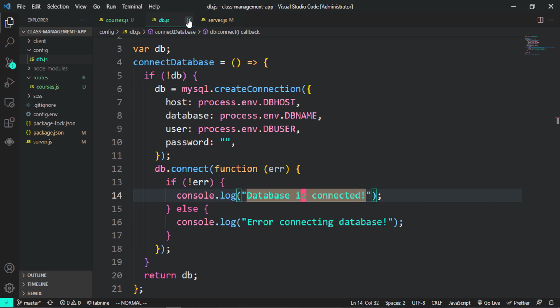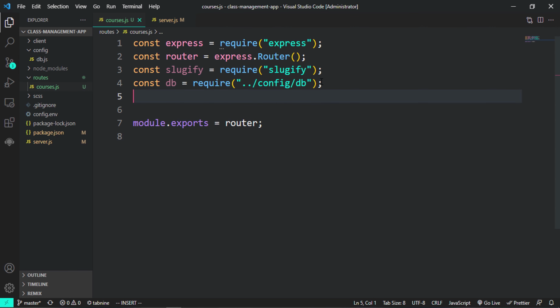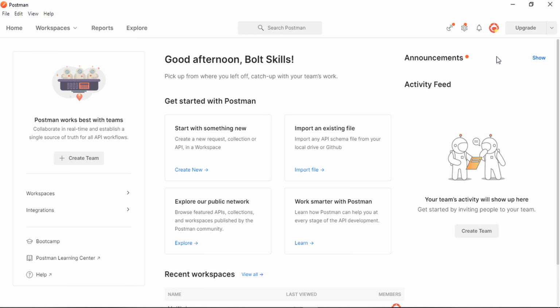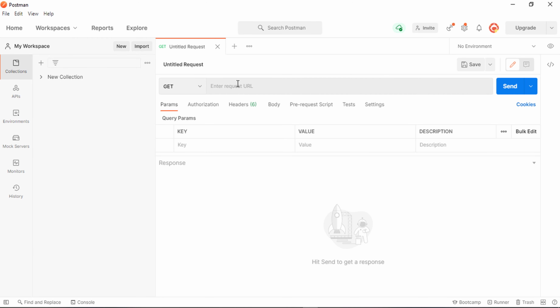So I'm going to close this file, and back here, first of all, we are going to make a post request to create a student. So here we are going to be making a request. It's kind of long. I've used Postman since March. So we're going to be making a request to localhost